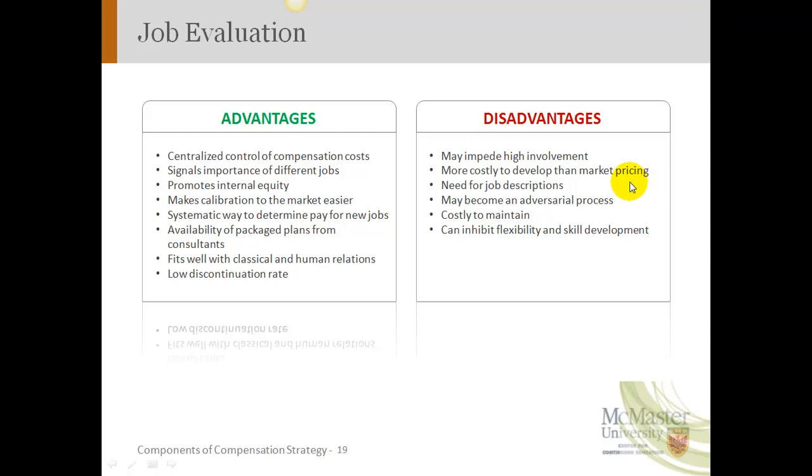It could be more costly to develop than market pricing. Some people may say, hey, I just want to be competitive in the market that I'm drawing my labor from. Well, again, don't forget, you also have to make sure that if you're bound by pay equity, that you have some kind of job evaluation system, and that can take money to develop. You need job descriptions to assess, so you have to assess the job description in order to know what the employee does and how many points the job is going to score, so that you can determine how much you're going to pay it internally vis-a-vis other jobs that score similar points.